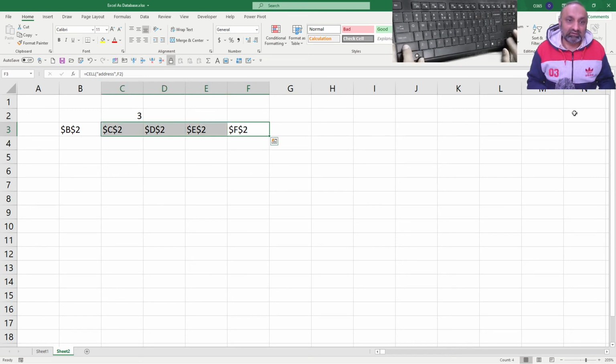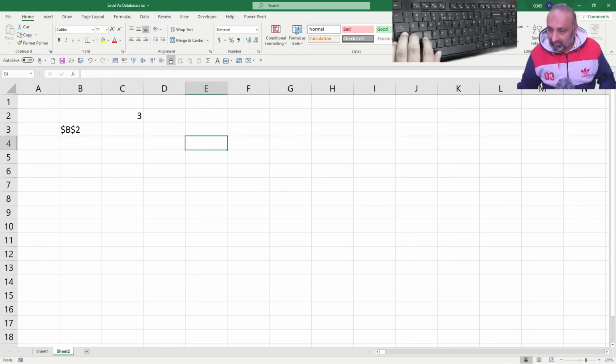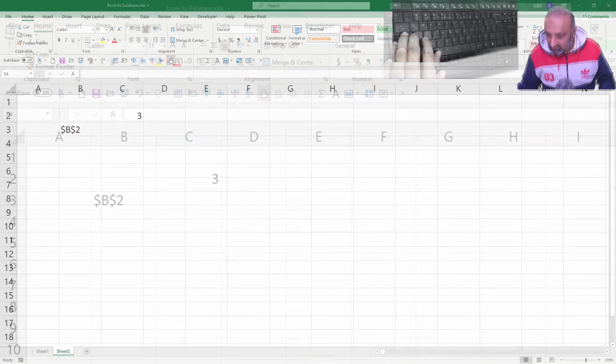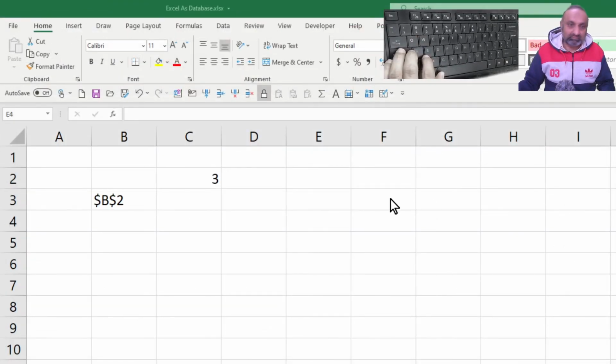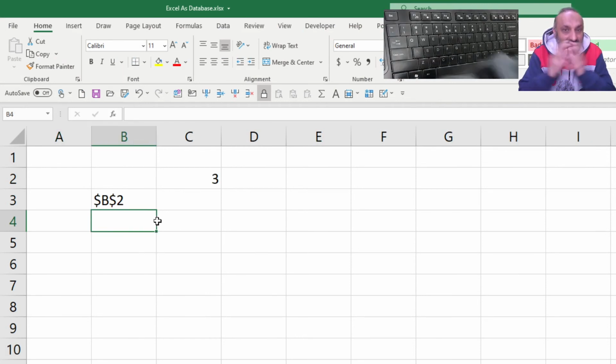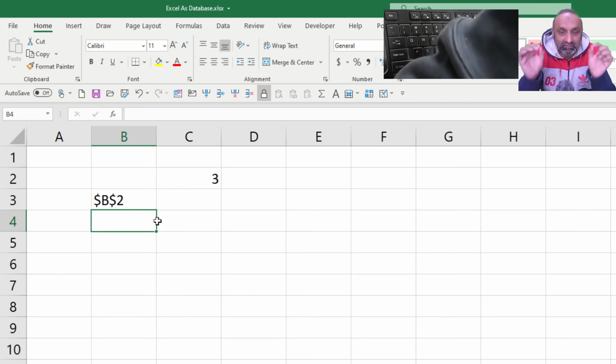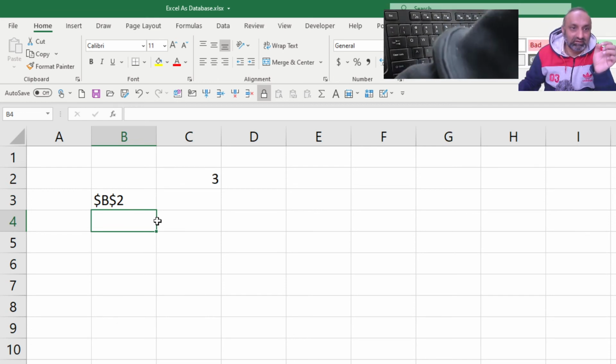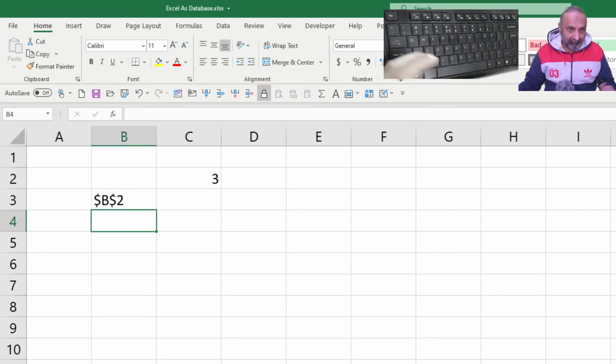How can I do that? It is very simple. Let me zoom in. Yeah, this will be better for you. So first of all, how do I know what the column alphabet is? The column alphabet is between the two dollar signs, right? This dollar sign and this dollar sign. So if I find, I know the first position of the dollar sign, that is location 1.